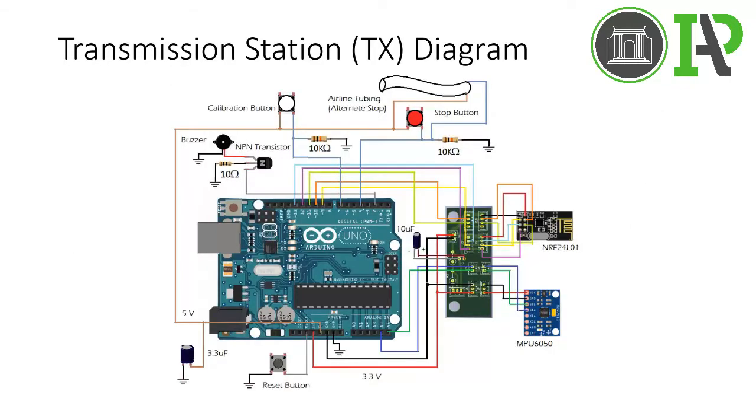The transmission station uses an Arduino Uno as its computer, capable of providing all functionalities needed to process the data to be used and send it to the RC car. An MPU 6050 accelerometer and gyroscope is connected to a 3.3 voltage source and uses two analog pins for the movement reading. The radio frequency module is also connected to the 3.3 voltage source, and a capacitor is used to reduce the noise in the transmission to the RC car.